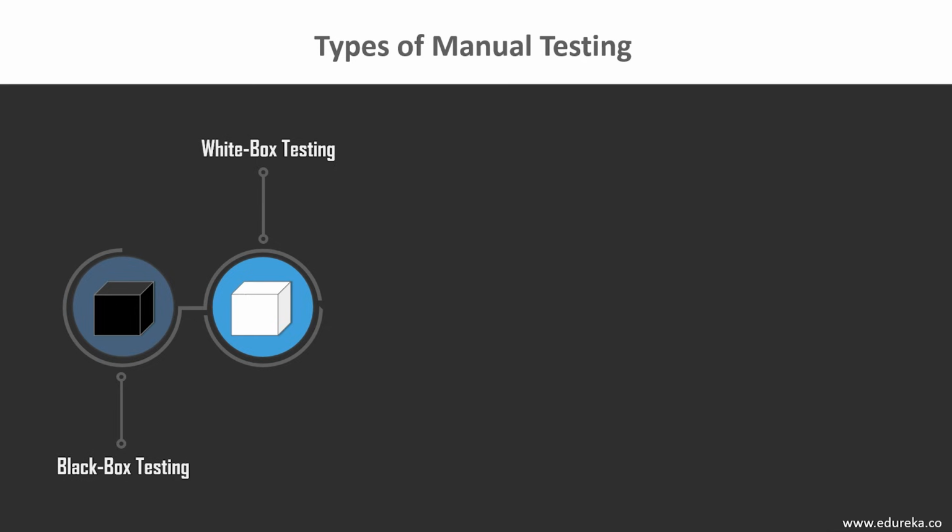Next is white box testing. As the name suggests, in white box testing, the tester knows about the code and the structure of the application. For that reason, it's also known as glass box or transparent box testing. Mostly, this type of testing is used by developers to perform unit testing. There are various white box techniques that can be used by the tester to find bugs and defects, like control flow testing, data flow testing, branch testing, statement testing, decision coverage, and path testing,